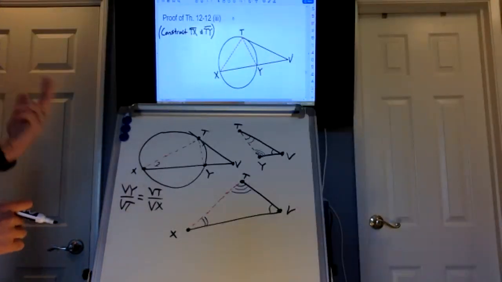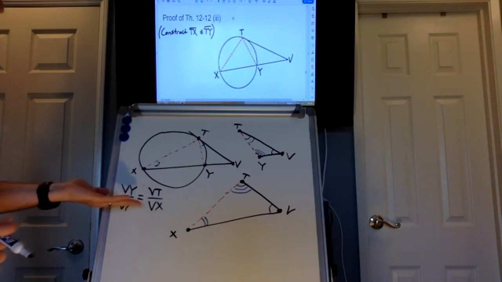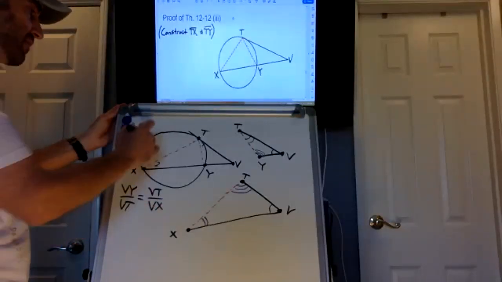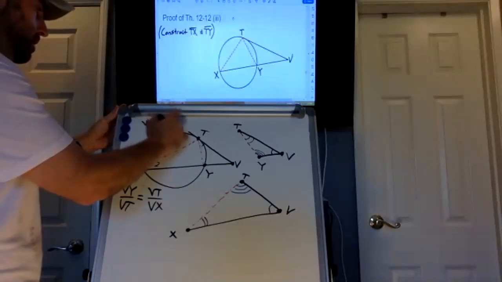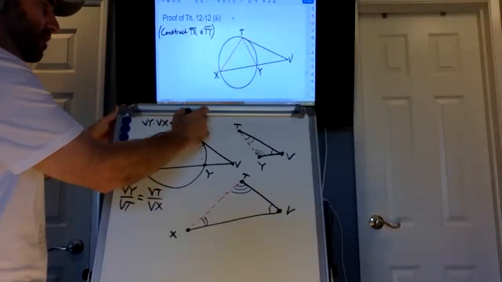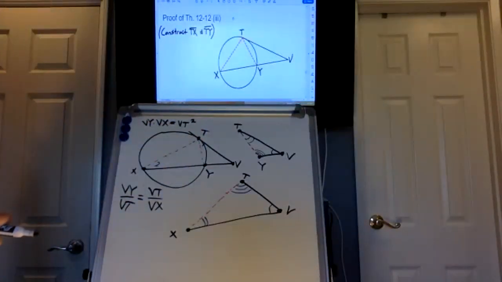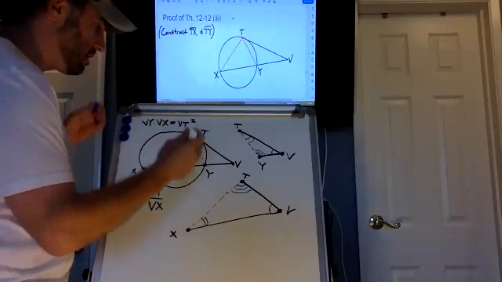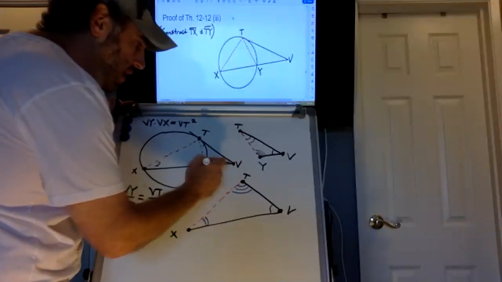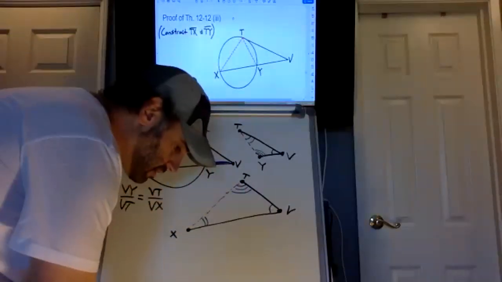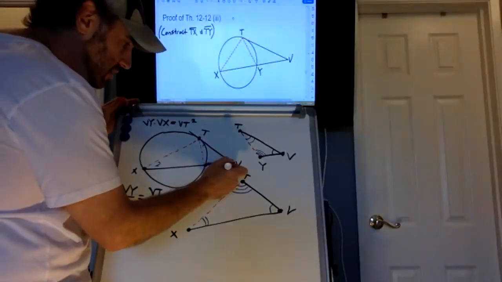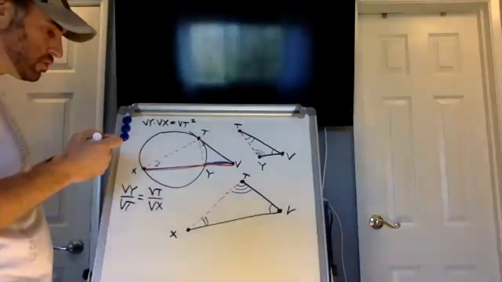So, all right, so here we go. This is true because the triangles are similar. So this is the definition of similar figures or similar triangles. Okay, cross product: Vy times Vx is equal to Vt times Vt, or Vt squared. And if we examine what that says, Vy is this piece, right? Along that trajectory, times Vx, which is also along this trajectory. It's the long piece. So blue times red